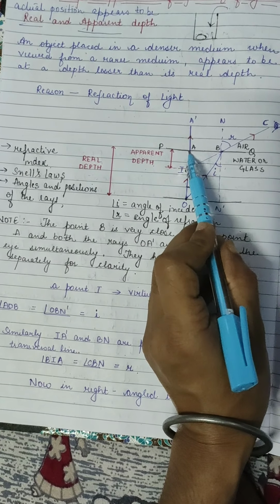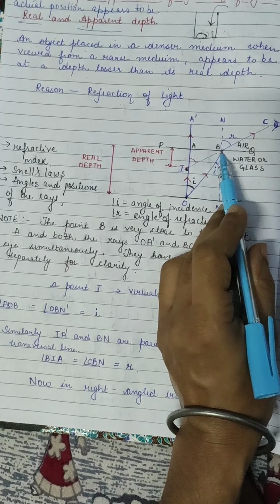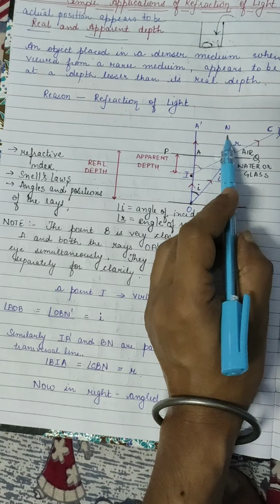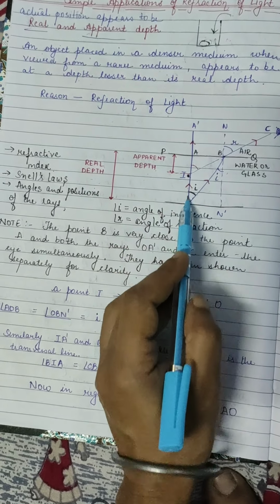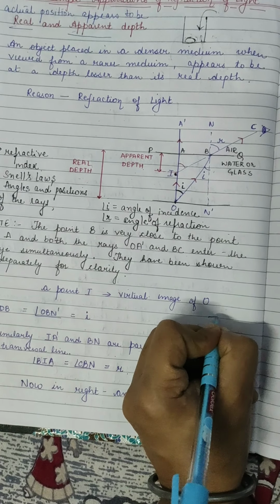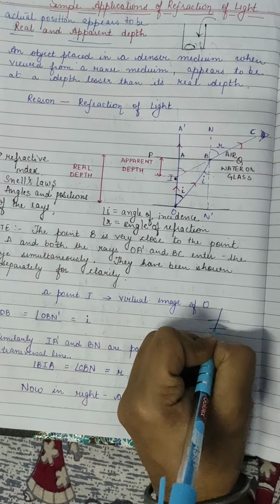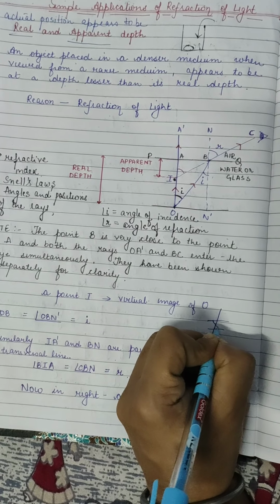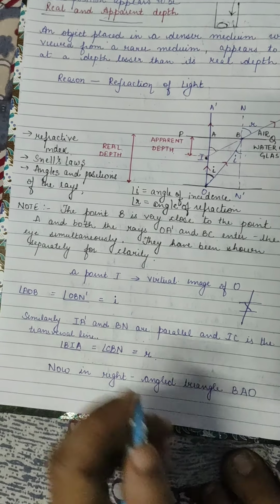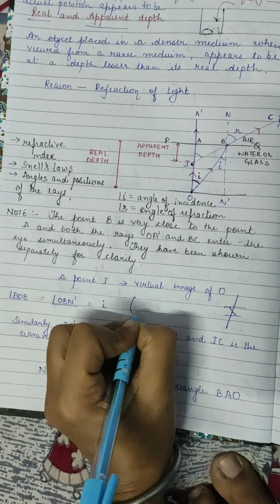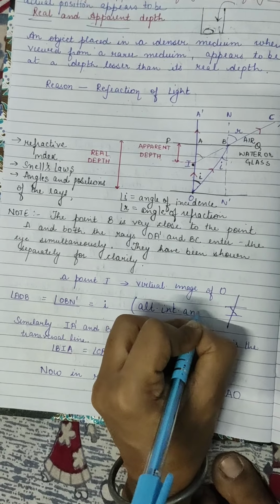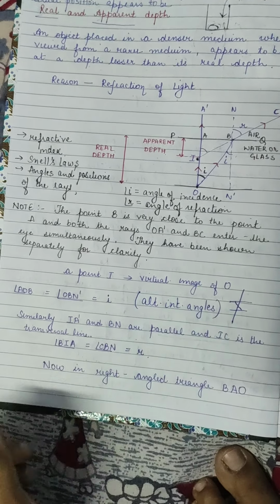Now what we are having? Let's talk about angle AOB. So which angle we are talking about? We are talking about the angle I. But you know this is what? A parallel rays. Okay. And this is what? A transversal. In mathematics we have done a parallel ray and a transversal. So these are what? Alternate interior angles. So both of them equal to what? I. These are alternate interior angles.